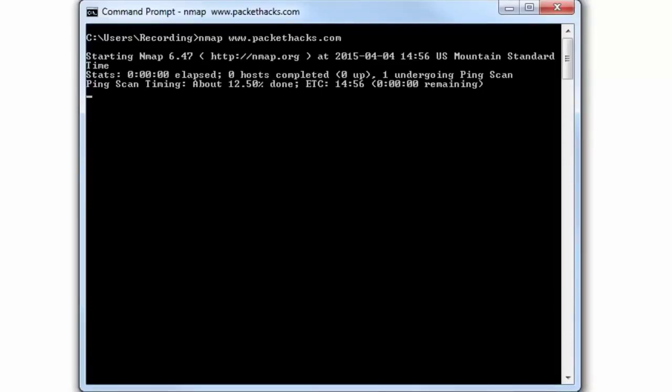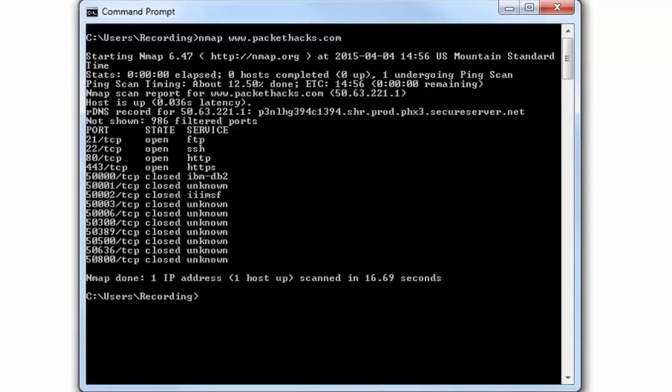Now it goes through every single port. There it is, it's finished. So what do we see here? There are only 4 ports open. Port 21, FTP, port 22, SSH, port 80, HTTP, and port 443, HTTPS. That's pretty much what you would expect to see, the open ports that you would expect to see on a